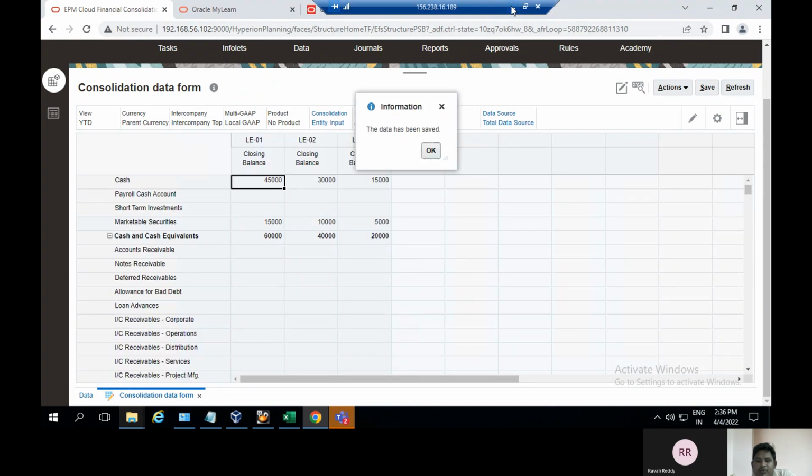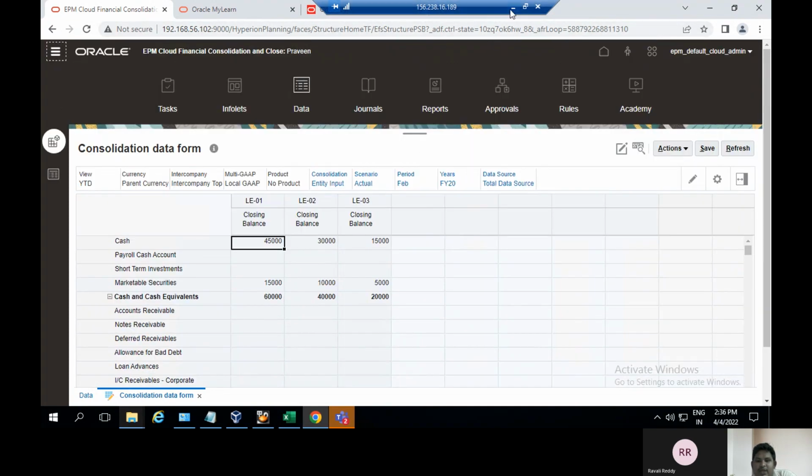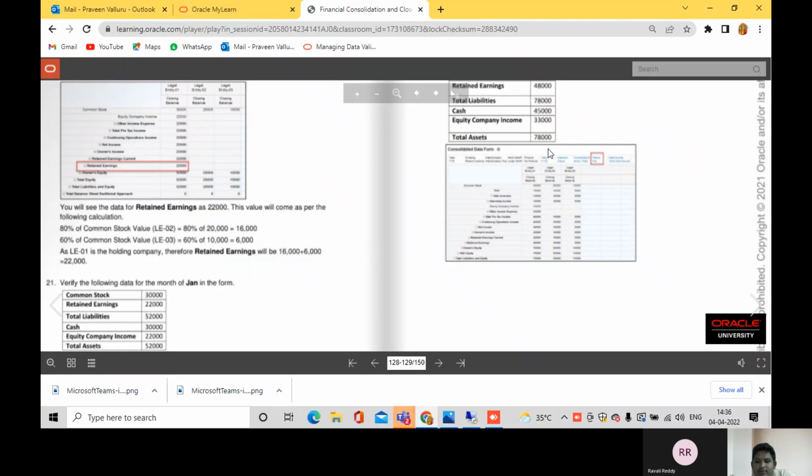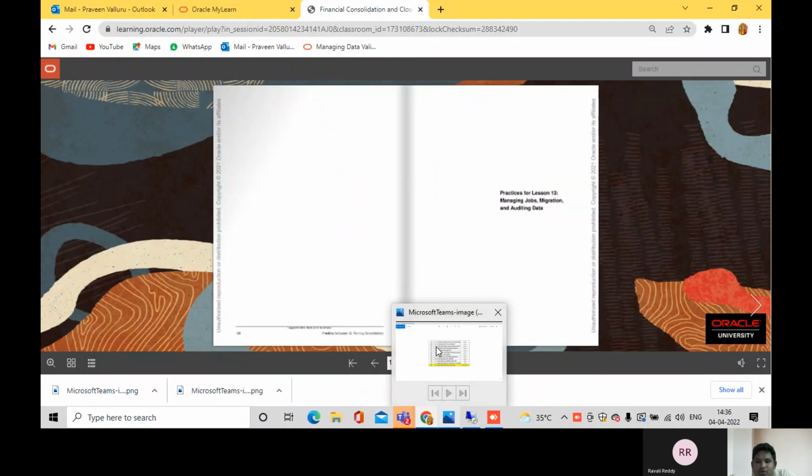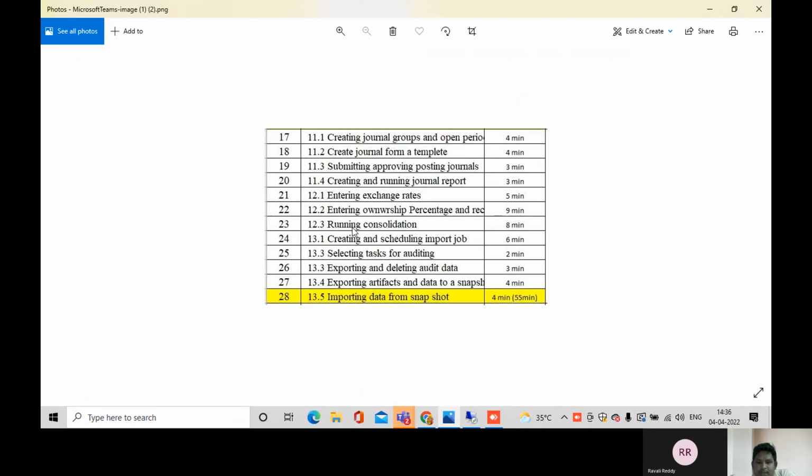Then change the data. It has been saved successfully, and then go to the next topic: practice the migration jobs and migration auditing. Here the running consolidation is completed. Then we create and schedule the import job, select a task from auditing, and delete or export the auditing data, and click on